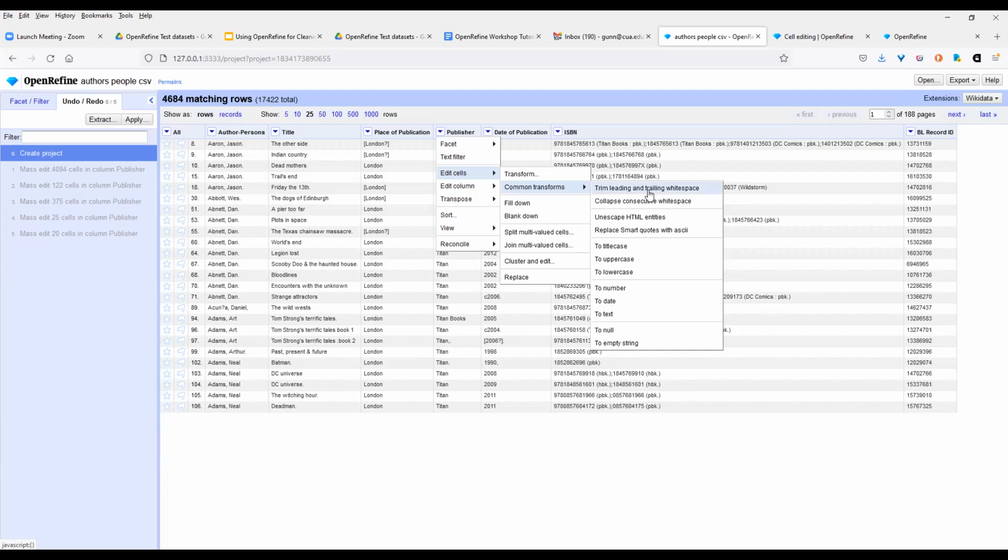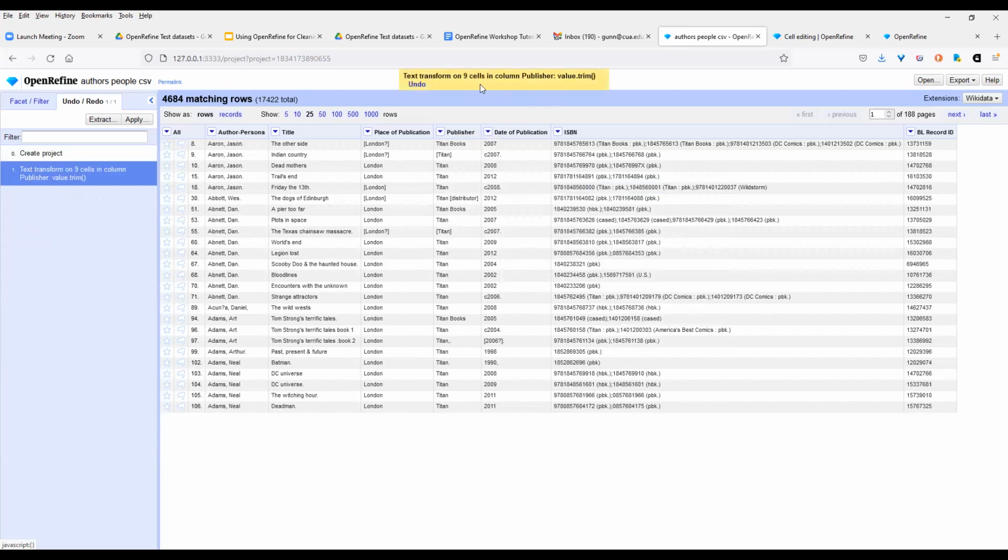So we'll do trim leading and trailing white space. Look at this. We said we've only got 9 cells where we had to do that, and it shows you the GREL, value.trim with the parentheses. So that's your basic expression that you can use for that if you wanted to. So they're giving you some shortcuts in here. If you do want to use GREL, you want to get into that, what you can do is